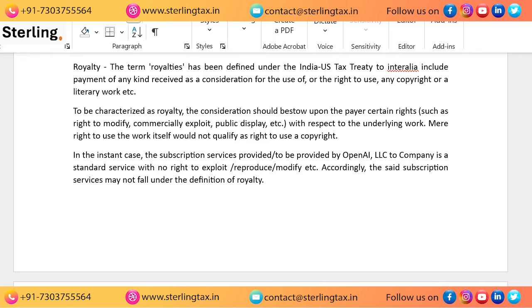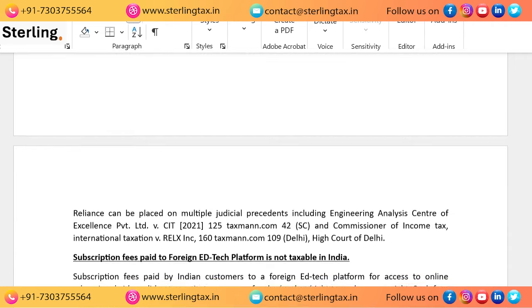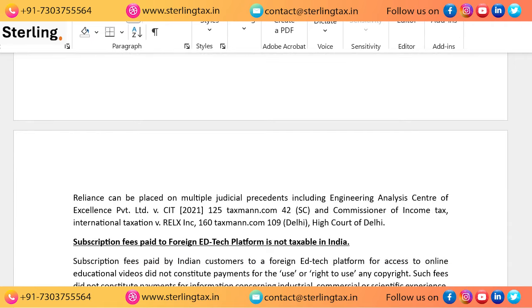The third case is if I'm paying for accessing an educational video from outside India. Still, no TDS is required to be deducted, because we are just accessing the videos. We are not paying anything of a technical nature, and we are not getting any right to use. Technical services are not involved here, and we are not getting any right to edit, display or exploit. We are just accessing the educational video for our learning, so it doesn't fall under technical services. Hence, as per the income tax provisions, we are not liable to deduct tax.